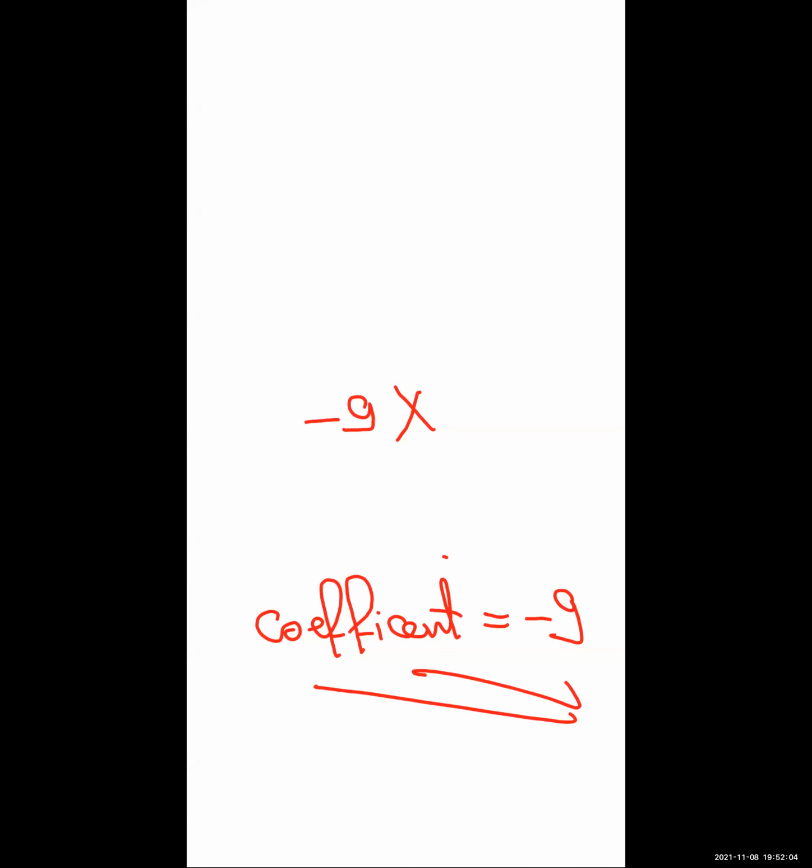The next part is the algebraic expression. So we just discussed the meaning of algebraic term. So now, what about the algebraic expression? X or Y, it's a term. If it's X, it's a term. If it's Y, it's a term. But what about the algebraic expression? Actually, the algebraic expression consists of one or more terms. So expression means one or more terms,